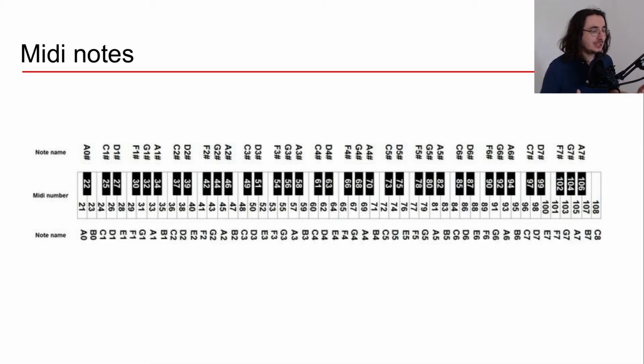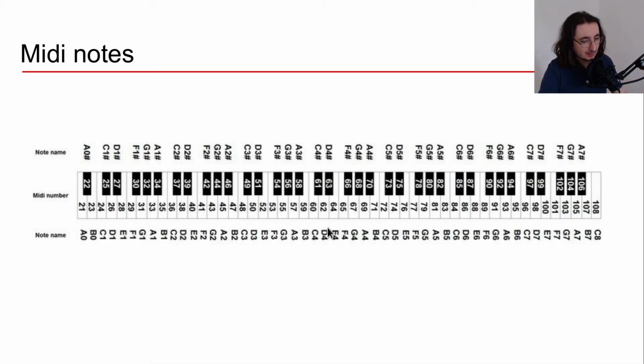Now, MIDI notes are a very common and very handy convention for transferring information about musical notes and stuff like that. But what we want to understand here is how they map onto pitch and a keyboard. So now here we have a piano keyboard, right? And the idea of MIDI notes is that we can attach to each key a number, a MIDI number, right?